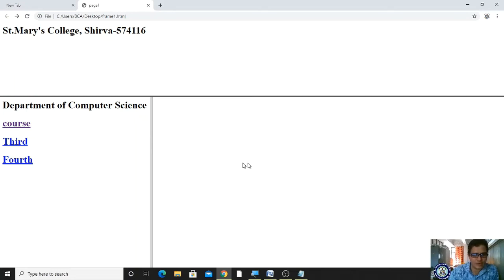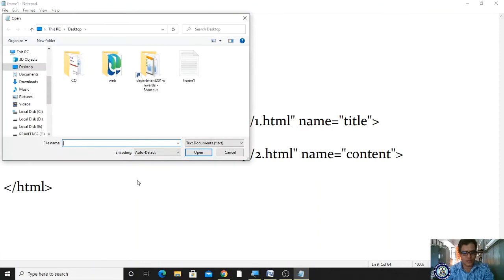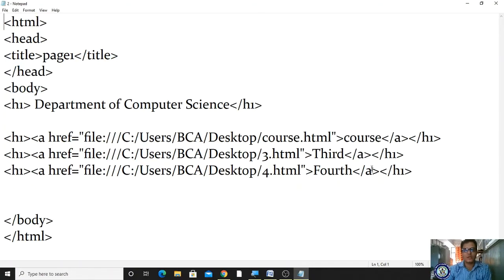To open the content part, where do these hyperlinks exist? They exist in the second page, right? I'm opening the second page. File, open, page 2.html. Here we are supposed to set the target. Target is equal to...